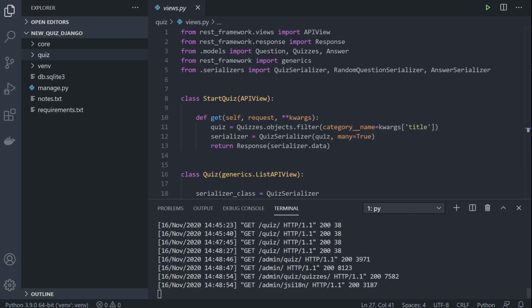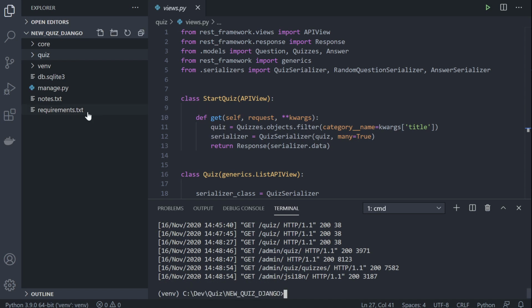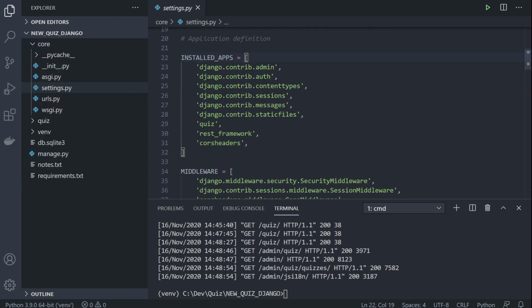In order for us to actually get that working, I've already gone the step further just to show that information's working. But what you're going to need to do next inside of Django is to install the CORS headers. So in order for us to make a connection or to accept connections outside of our maybe development network, we're going to need to install CORS headers. So let's just go into our core and settings, and you can see that I've already installed CORS headers. So go ahead and install